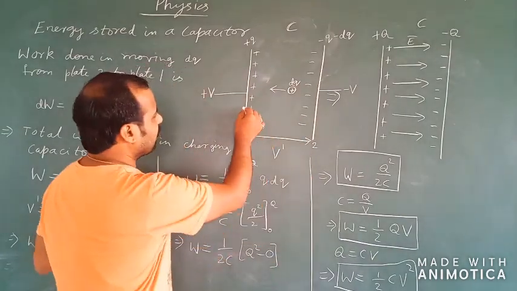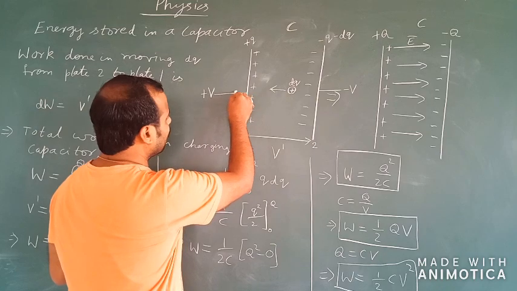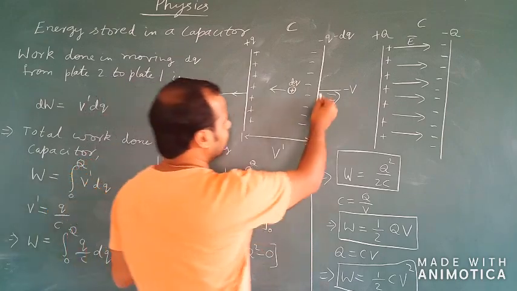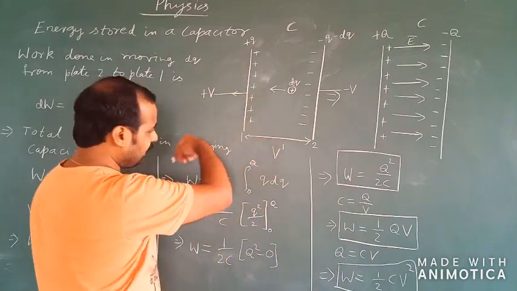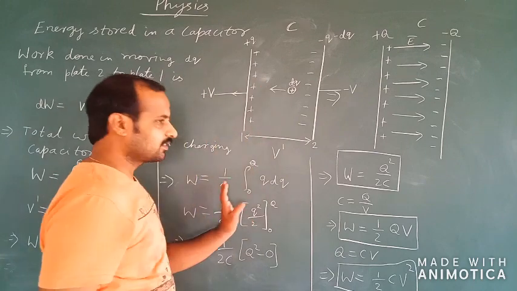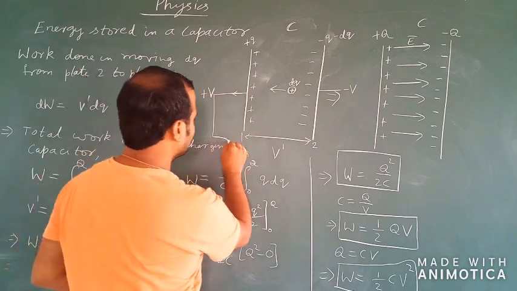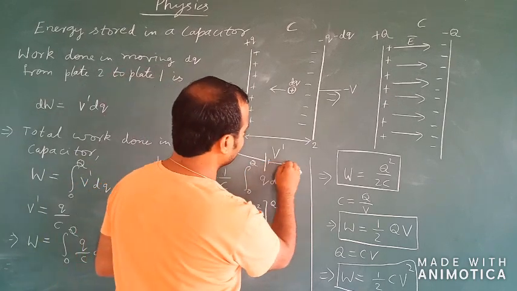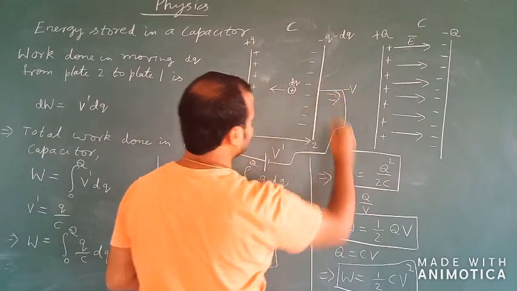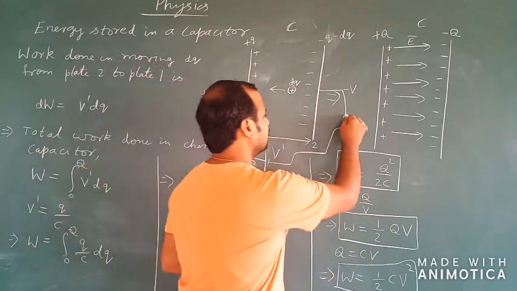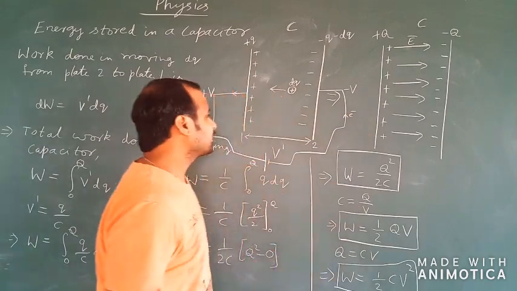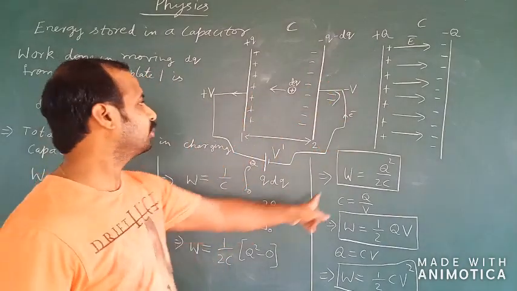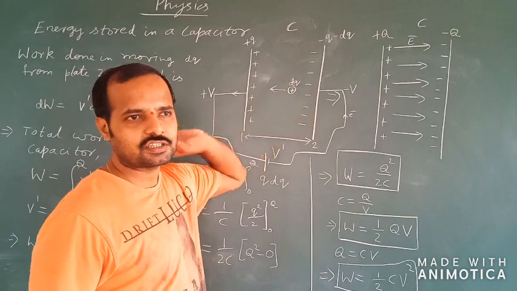Here we are moving an electron from plate 1 through the external circuit, so what is going to happen? The same electron is going to move through the external circuit and go to the positive terminal of the battery, and from the negative terminal of the battery, the second capacitor plate will be pumped with electrons, that is, the negative charge. So through the external circuit, we are actually trying to move this electron from the positive plate to the negative plate by applying a potential difference.